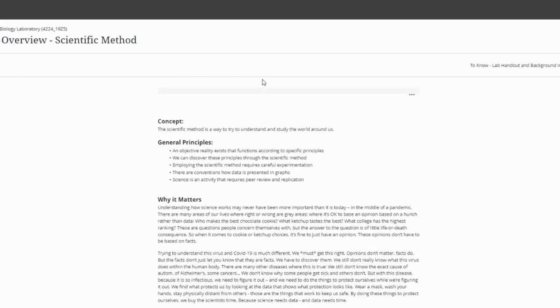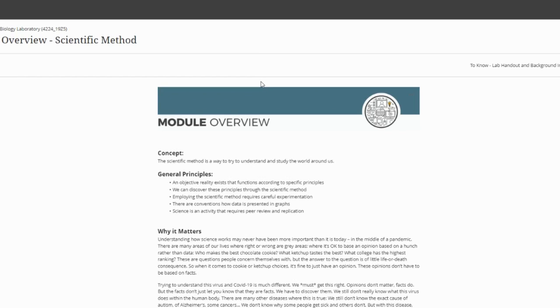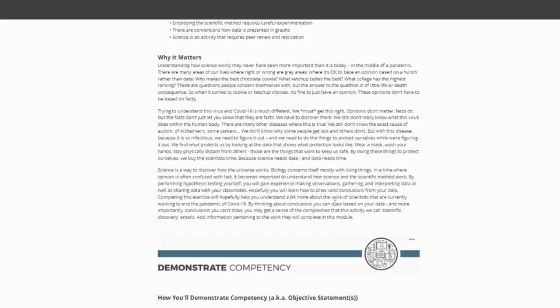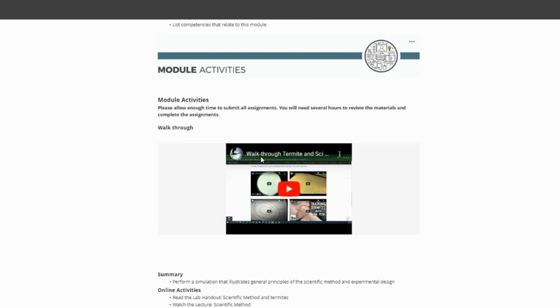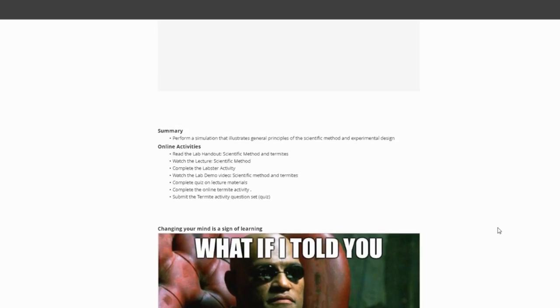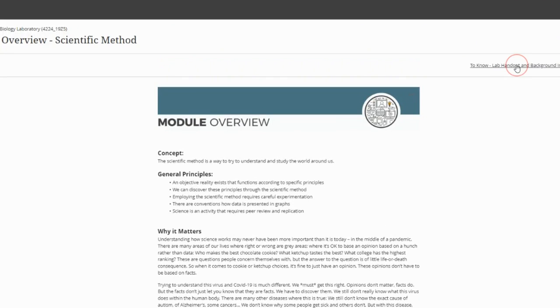Now, once you click into the overview, the items within themselves are also structured very similarly. We always start with the concept, general principles, why it matters, why would you care. Then this is the kinds of things that you're going to be asked to do. And then we get into the module activities. There's usually a walkthrough where I take you through the different things that you do in each activity. Then there's a list of the activities, a meme to make you think about things, and then that takes you to the